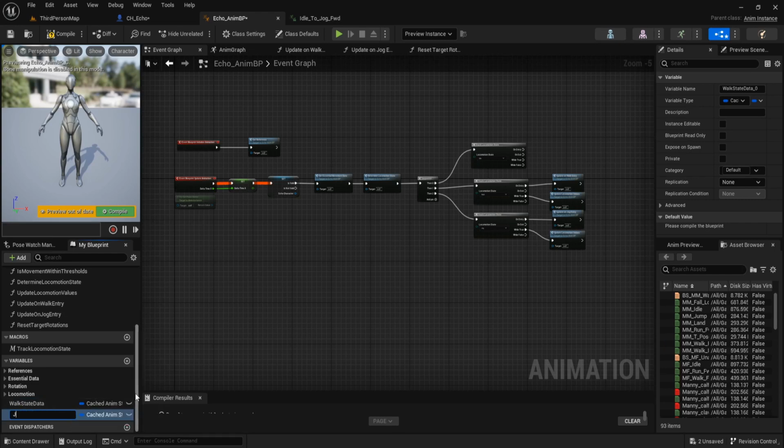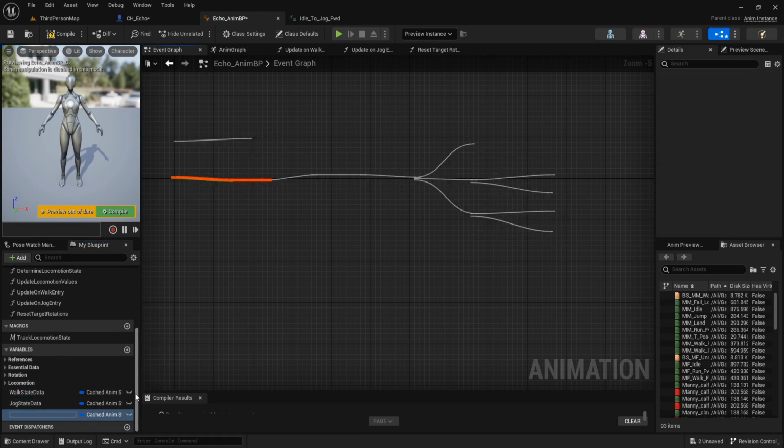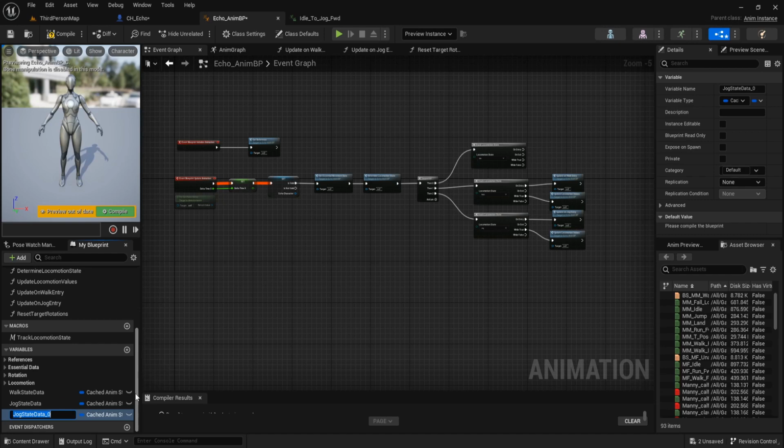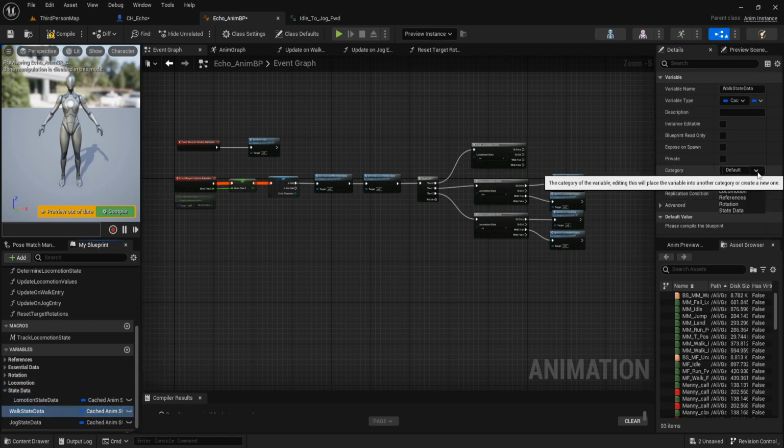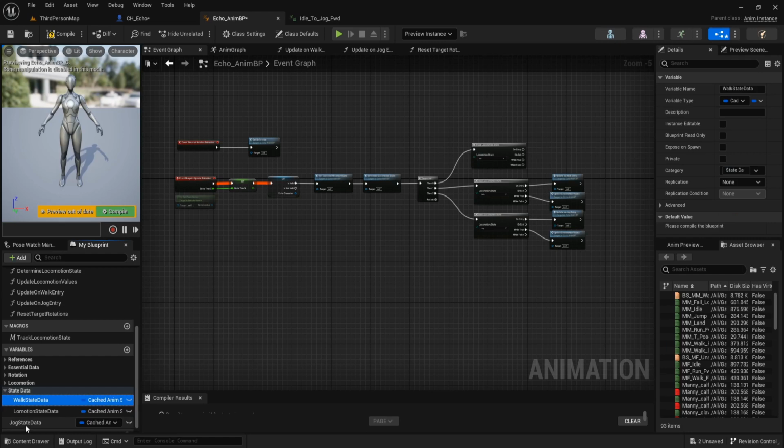Name is jog state data, and duplicate it again. Name is locomotion state data, and the category is state data, and set the walk state data to the state data category and the jog state data too.